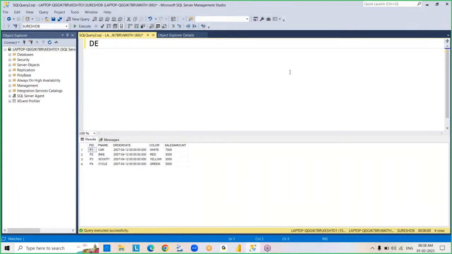So next command is delete. Used to delete the data from the table. See, we already worked with truncate, right? Then what is the truncate command? It is a DDL command we worked with. Truncate is also used to delete data from the table only. But the difference is